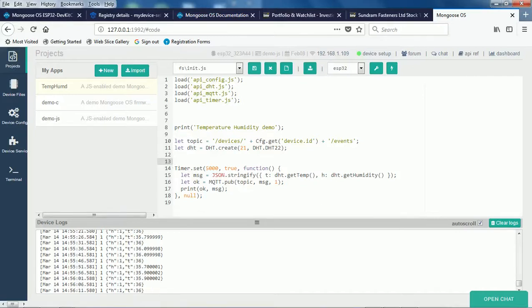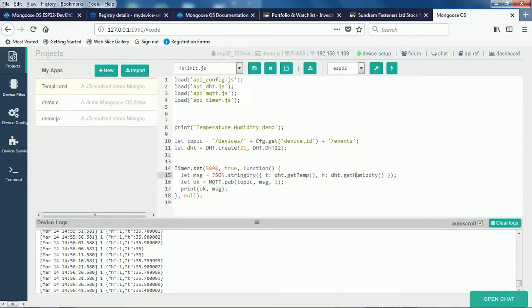Now here we are taking the JSON.stringify. In ESP32 there is a lot of JSON support. So we are doing the stringification. This is the standard. That means we are creating an object which is MSG, however the fields are T and H. T colon the temperature, so DHT.getTemperature is a method. We are using it on this particular DHT object. Similarly for get humidity. And then we are printing the message. So that's the message that you see.